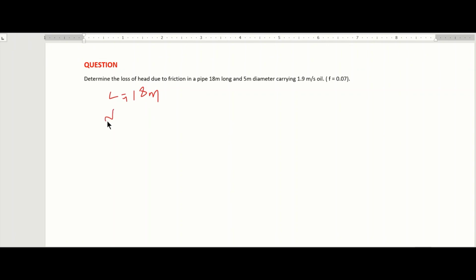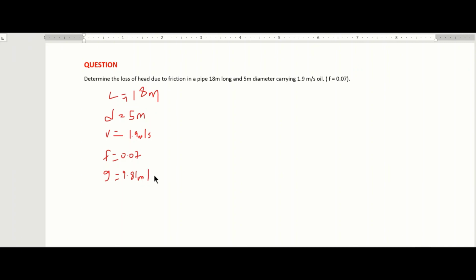My diameter is 5 meters. My velocity is 1.9 meters per second. And my Darcy's coefficient is 0.07. And also please remember that my G is constant, which is 9.81